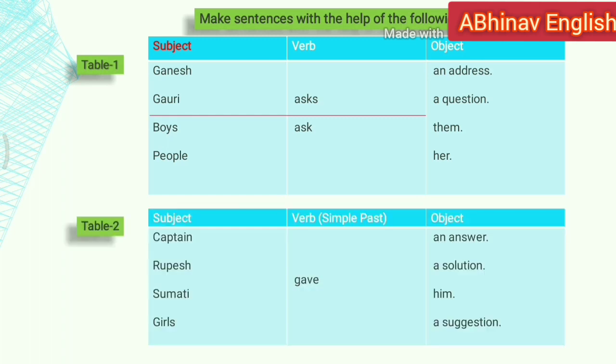In this table 2, you can make sentences like Captain gave him, Captain gave an answer, Rupesh gave an answer, girls gave a suggestion. Likewise, you can make many different sentences out of these tables. All these will be simple sentences. Now moving further,